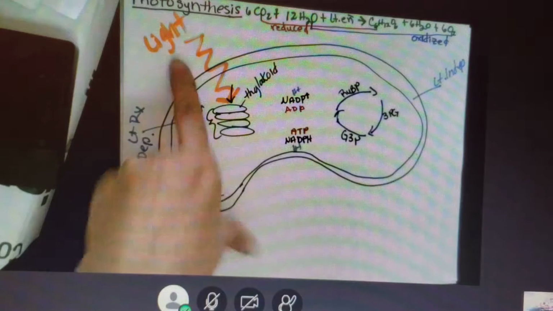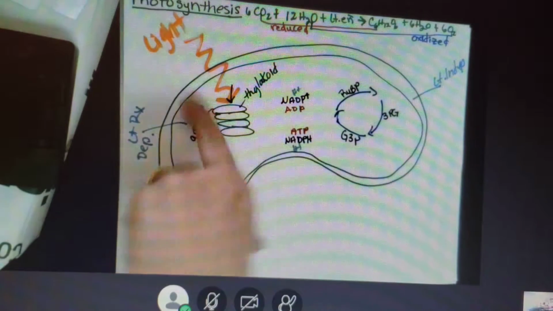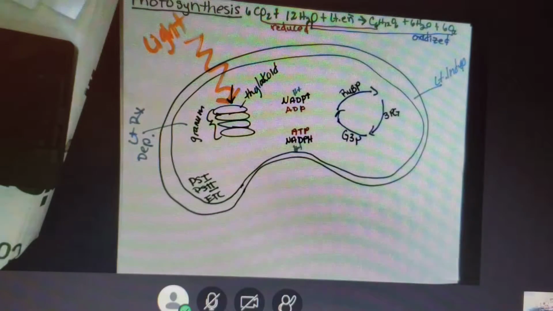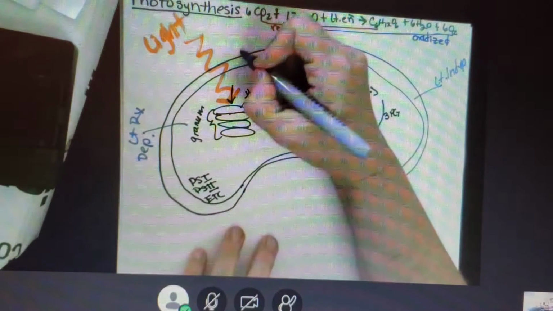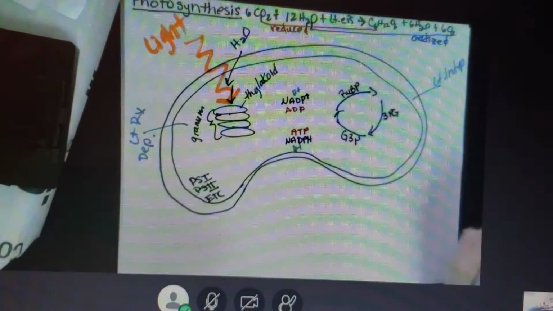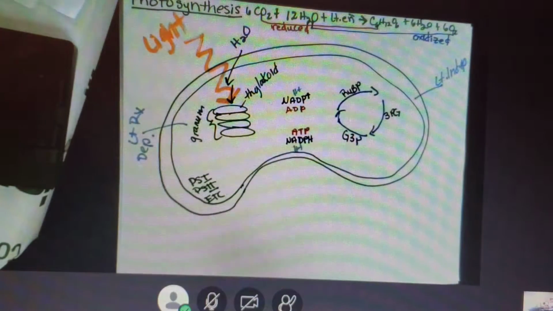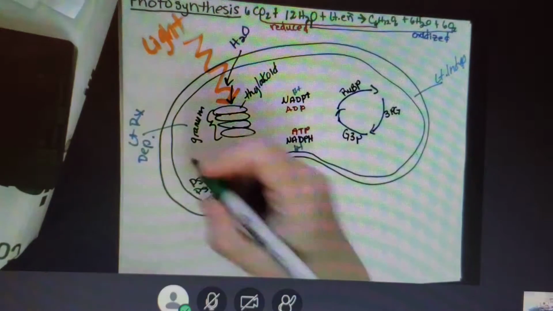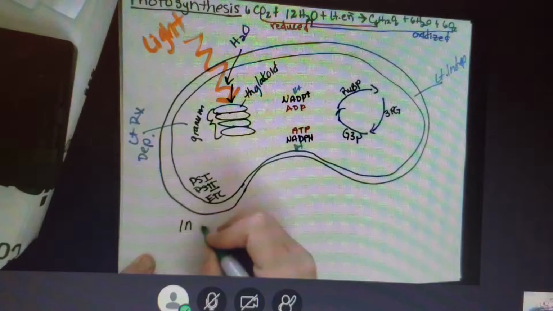All right, so we are now over here. We have light starting the process. What else did we need up here? We needed some water, right? We know plants have to have water, but you need water for this to work as well. So here we're going to have water needs to go in over here, okay, in the light reactions. This is occurring in, what are these called? The thylakoid. So this occurs in the thylakoid